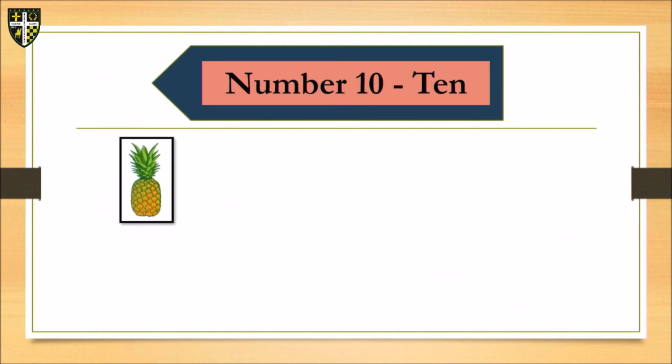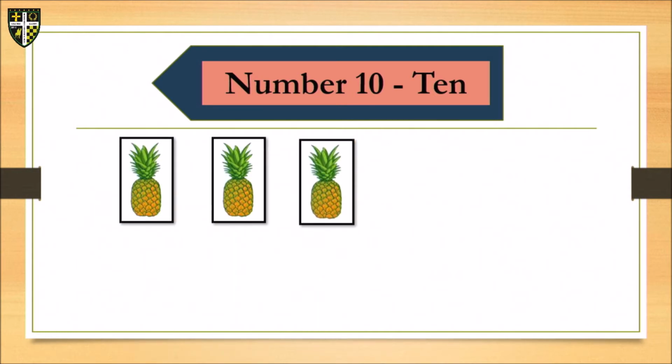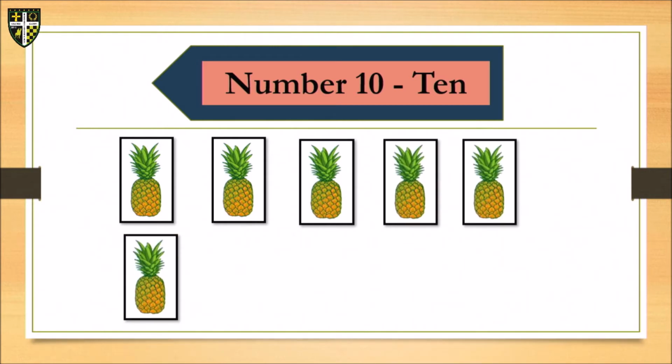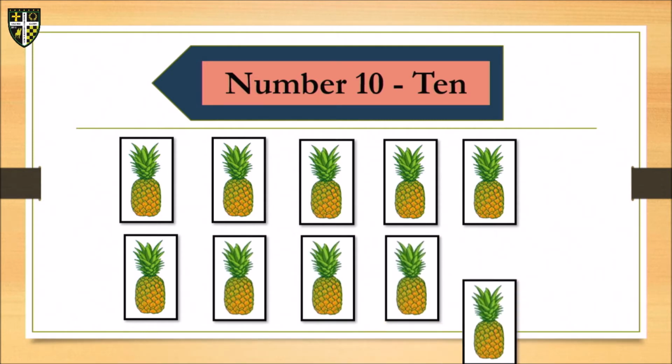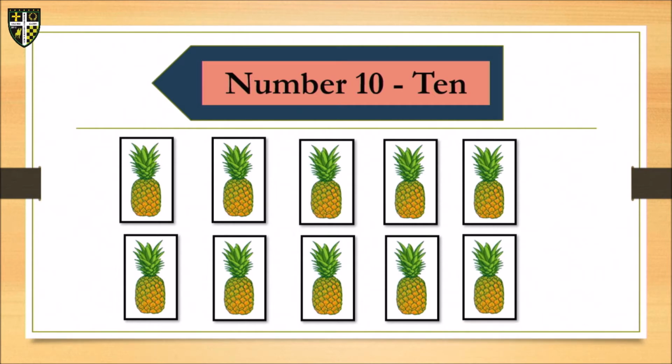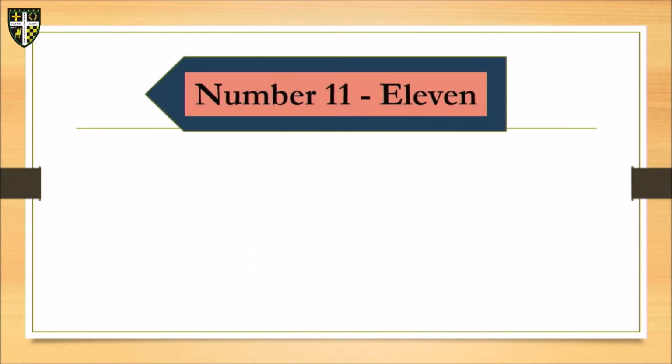Let's count. 1, 2, 3, 4, 5, 6, 7, 8, 9, 10. We have 10 pineapples. Again, kids, we have 10 pineapples. After number 10, we have number 11. That's the number symbol. And the number word we have